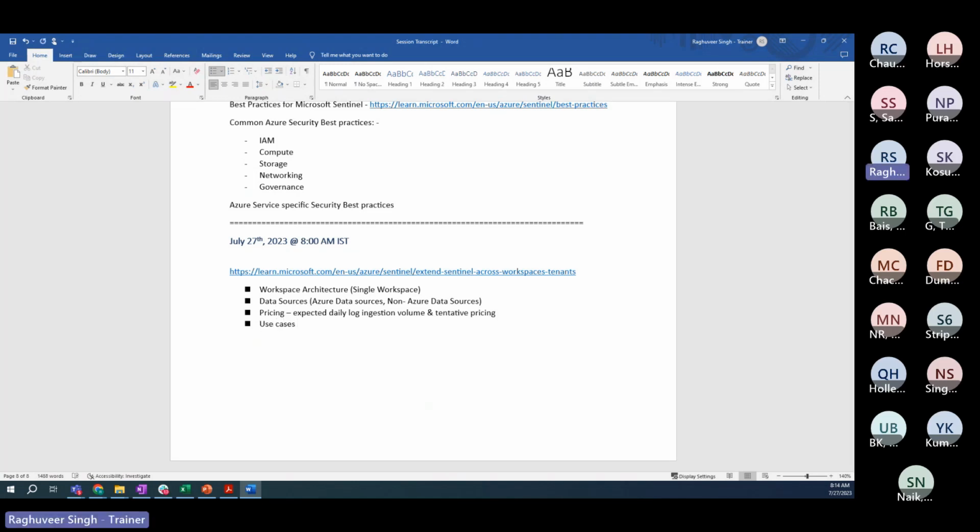use cases in the sense that what are we going to monitor? Do we have some use cases in mind? Are we going to monitor for a specific event or a specific incident? So use case is basically events that we want to monitor for. That's what use cases are. So we have that basic idea on the use cases also,